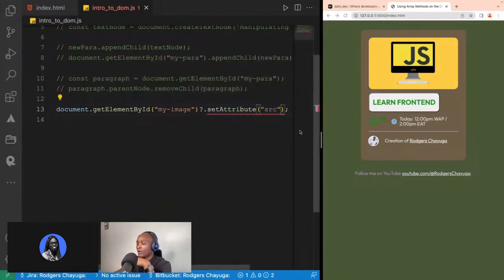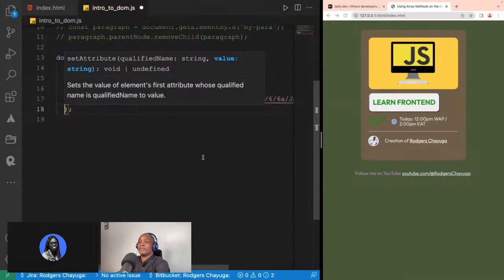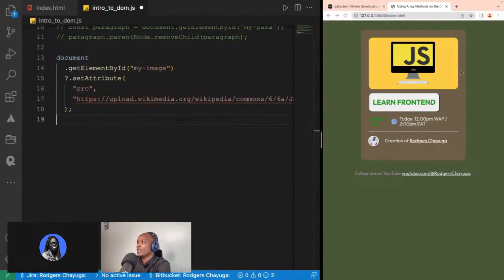So we are going to have the source, and we are going to have the link to the image that you want to change. Now look at the image right now. We want to change it. We've already selected the part that you want to change. We've already selected the attribute, and you're now giving it the source. So when we save,